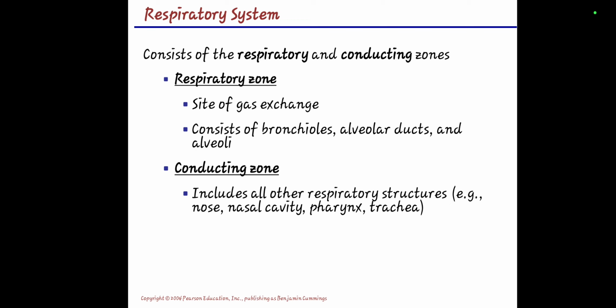the inhaled gas going to the respiratory zone usually passes through the nose to bronchioles. So when we say nose to bronchioles, it is particularly the nasal cavity, nose, pharynx, and trachea. So those are the two types that make up the respiratory system, the respiratory and conducting. So meaning to say, the respiratory system is functionally separated into the respiratory zone and conducting zone. Okay? If you have questions about this, you can raise them in our GC.